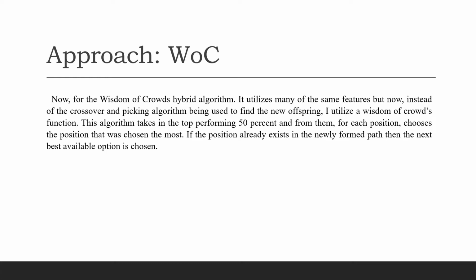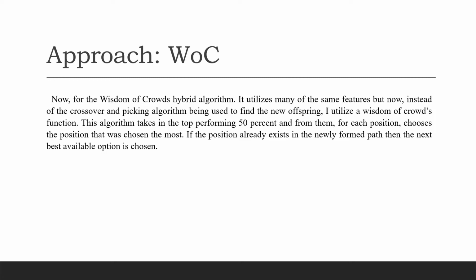Now my hybrid algorithm, which I actually run many of my experiments off of, utilizes many of those same features that we saw in my genetic algorithm, but instead of using the crossover to create the new child as well as the picking algorithm, I utilize a wisdom of crowds approach. Now what this is going to do initially is take the top performing 50% of those